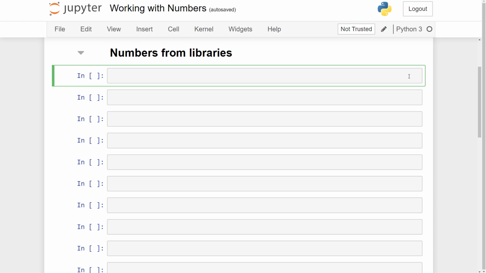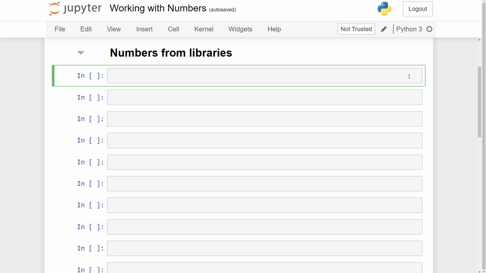So let's say we want to reference the number for pi. We may remember our teachers telling us that pi is equal to 3.142. And some would show off by remembering even more decimal places. But with the math module, rather than having to type it in ourselves, we can use methods and attributes from